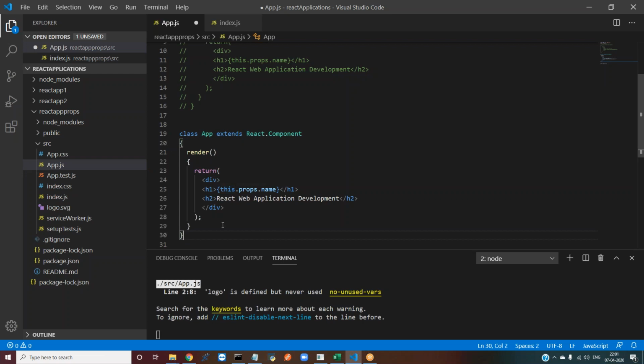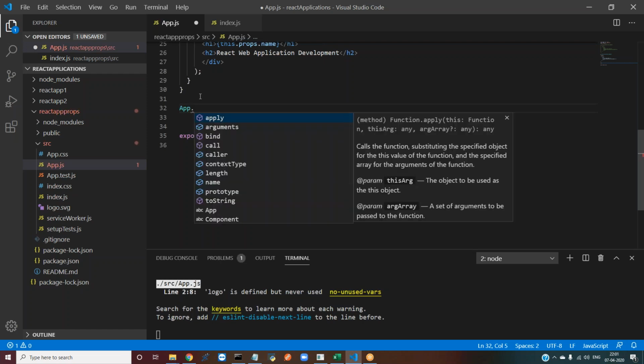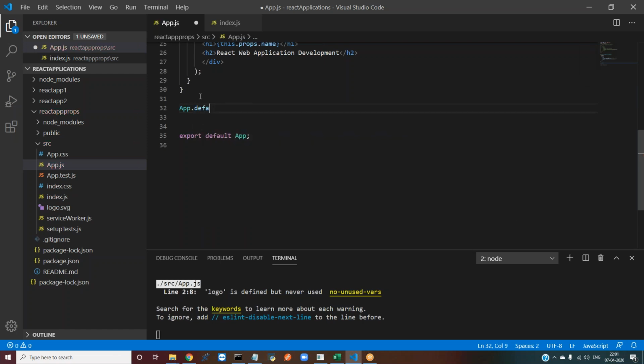Okay, so how to define? I have closed all these things, right? Here itself, simply I can take. Okay, our component name is App dot. So we have a predefined thing called defaultProps. defaultProps is equal to open parenthesis and closing parenthesis.